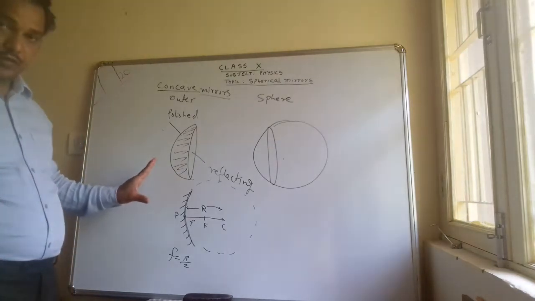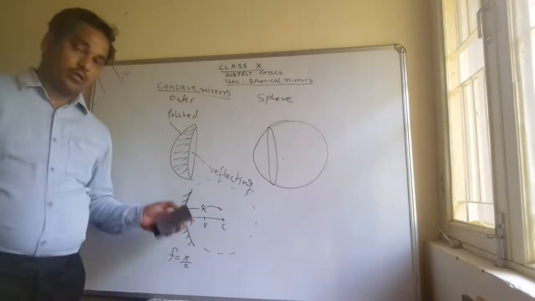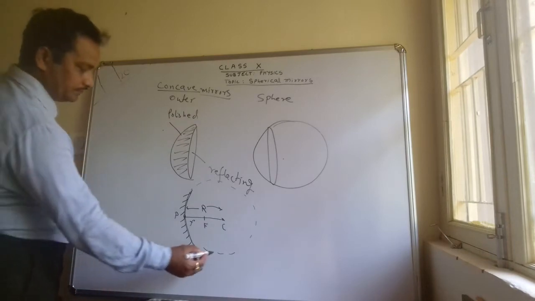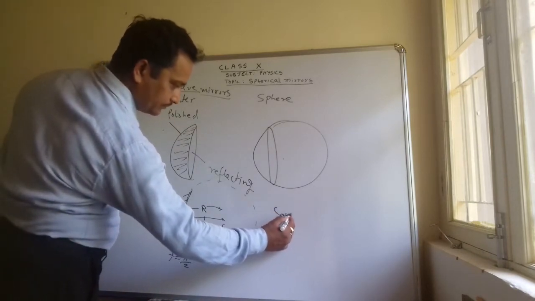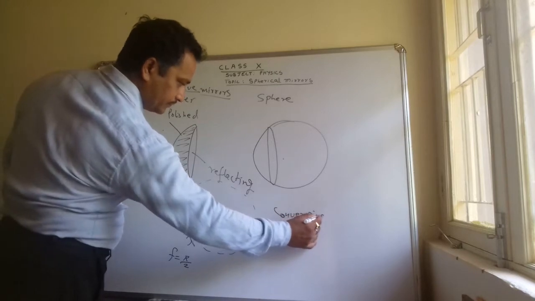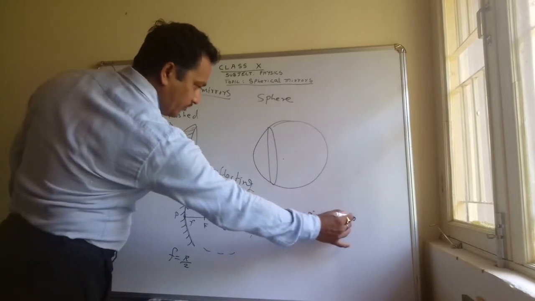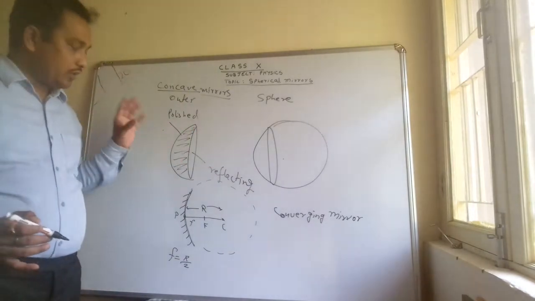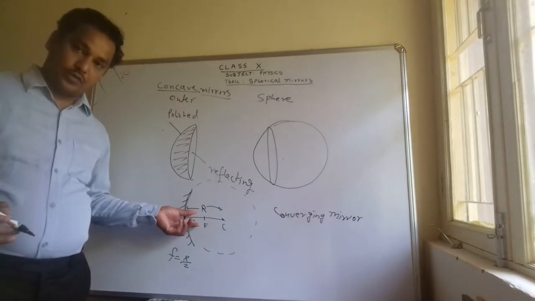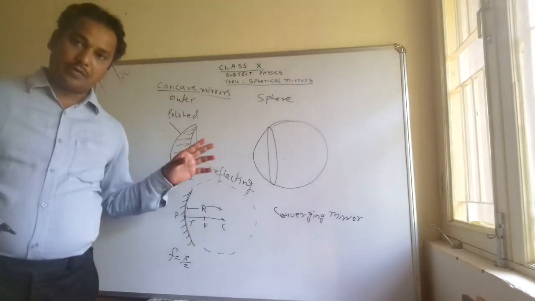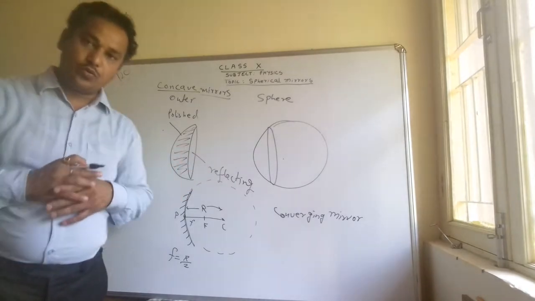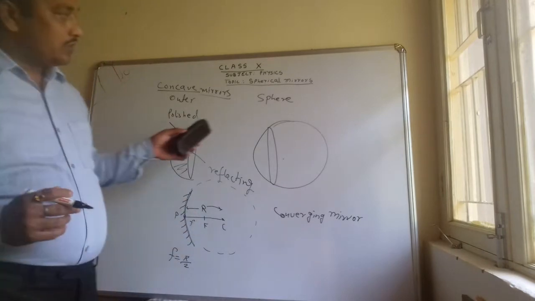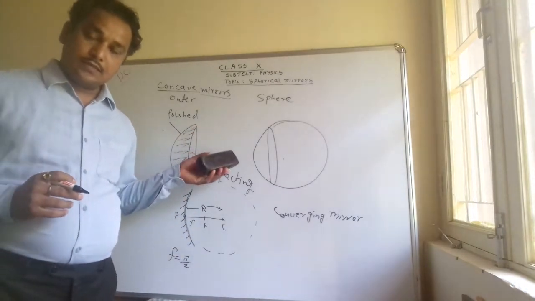For concave mirror, is it clear? We can call concave mirrors converging mirrors also. The other name is converging mirror. Why do we call it a converging mirror? Because all the rays which fall on the mirror, after reflection, will meet at the focus. When we draw the ray diagram after the rules, it will be more clear to you why it is called a converging mirror. Okay. Similarly, we can see the other mirror, that is the convex mirror.